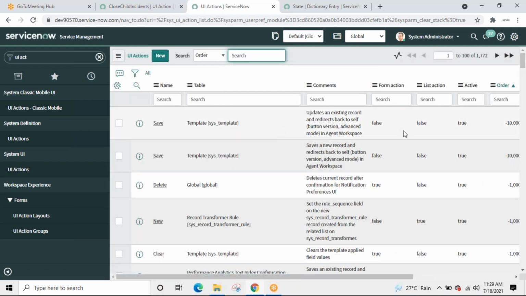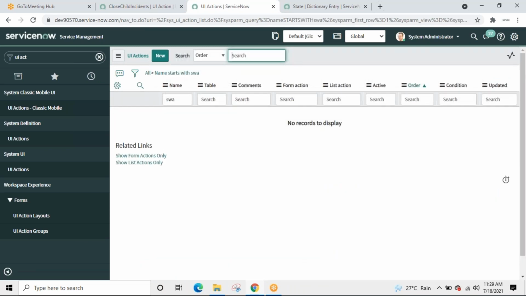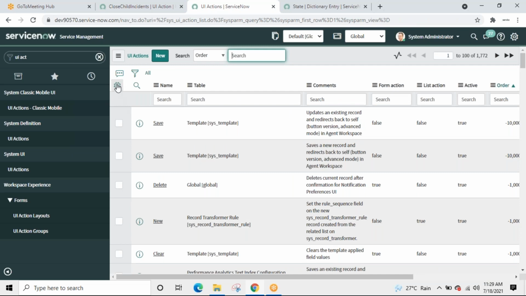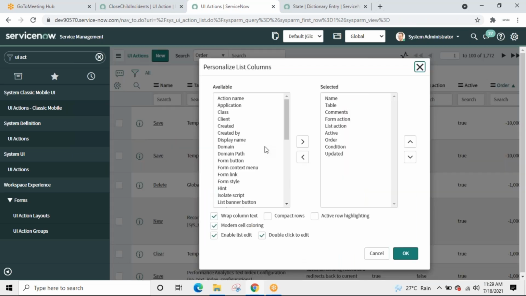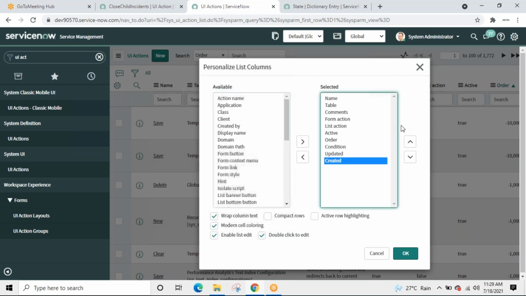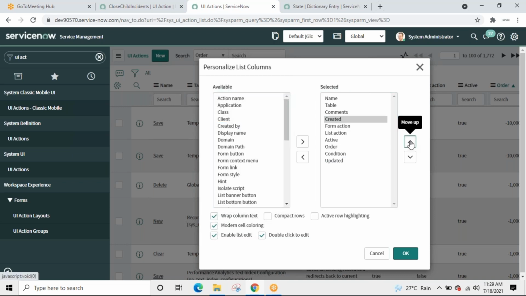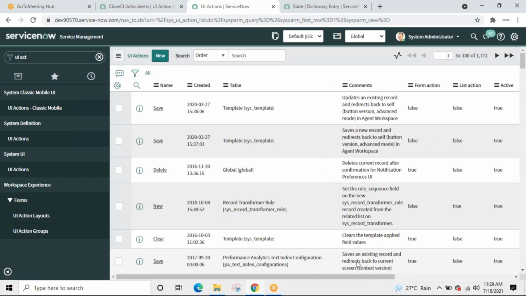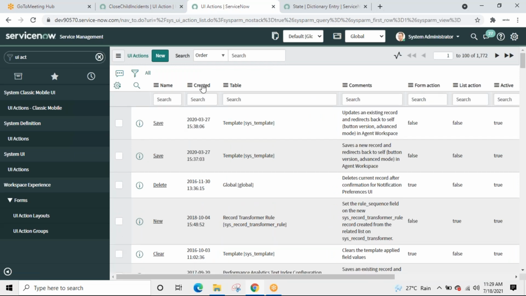Where is our UI action? I'll sort it by updated or created. Sort.